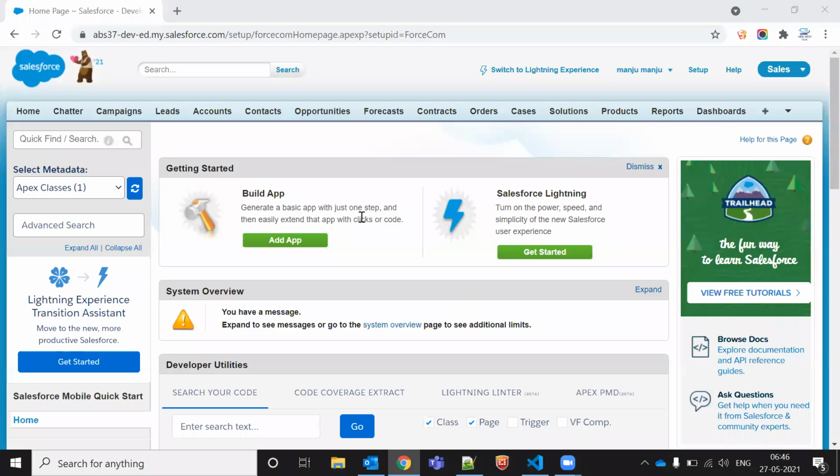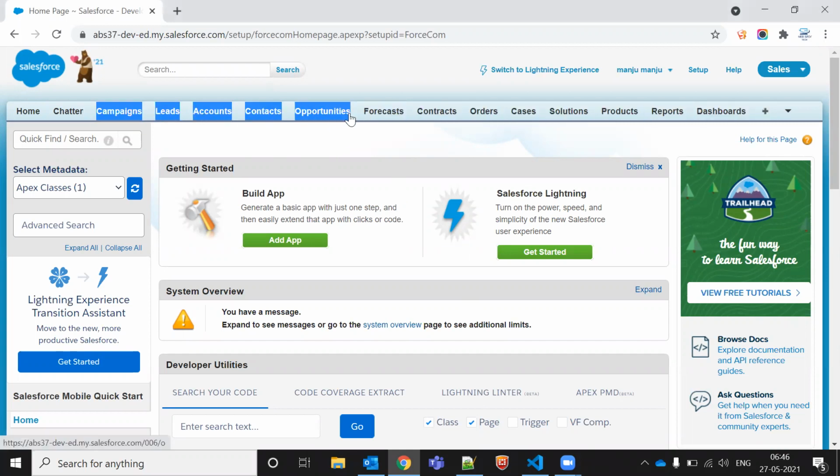So you might be aware from objects and all, right? You might have created some custom objects, and you might have knowledge of standard objects and custom objects, and the difference between them. Today we are going to see the flow of the full sales process. That will go from the campaign to lead, account, contact, opportunity, and what is the use of all of that. So why do we use all these things?